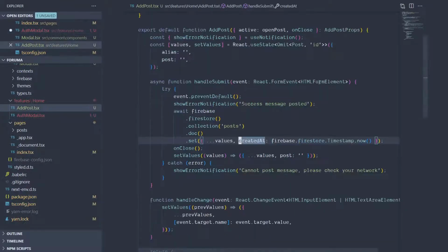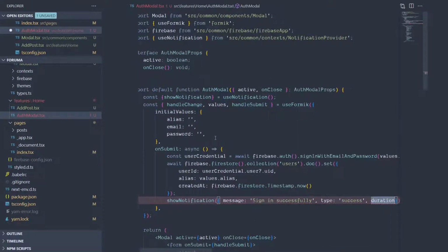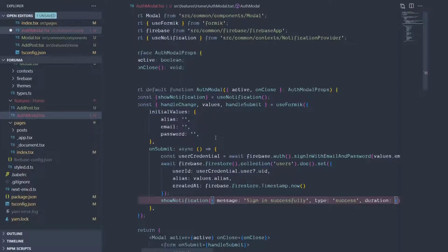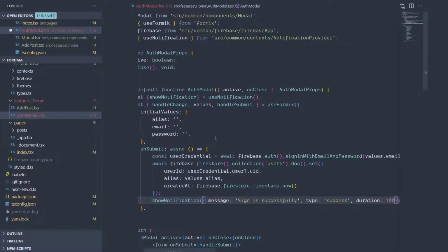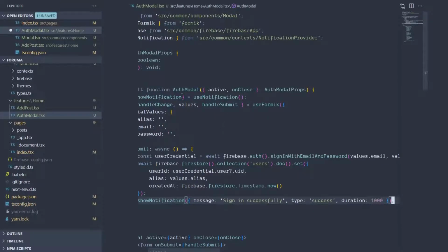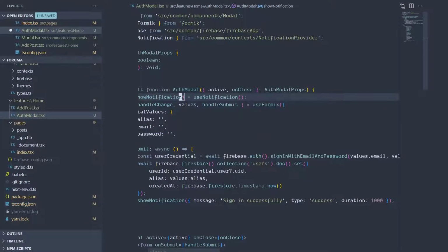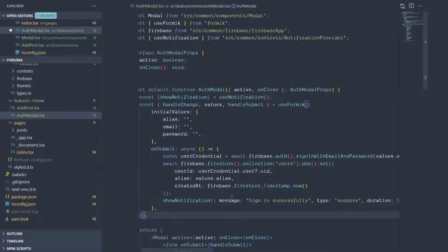Wait, don't we have a success notification? I guess we don't. Should add that, right? So this is a successful message, so it shouldn't last for long. So 1 second should do. Give me a second here. Let's check this out. Ooh, we don't have a success notification. Quite boring. Anyway,